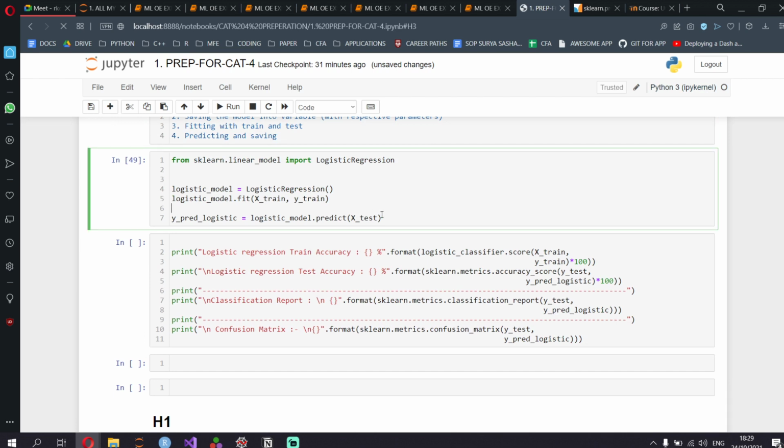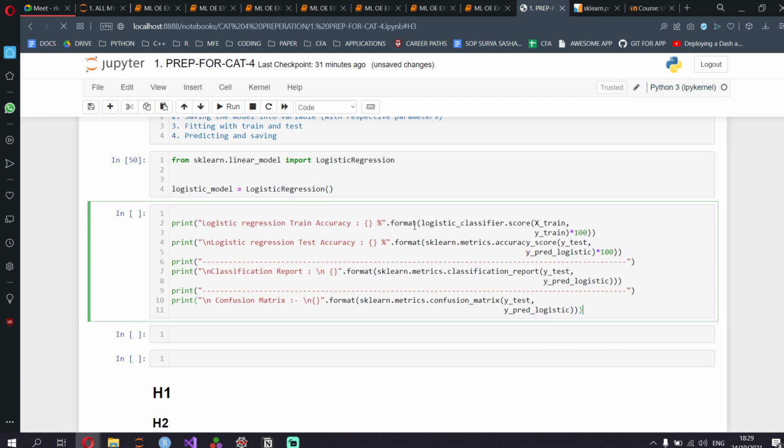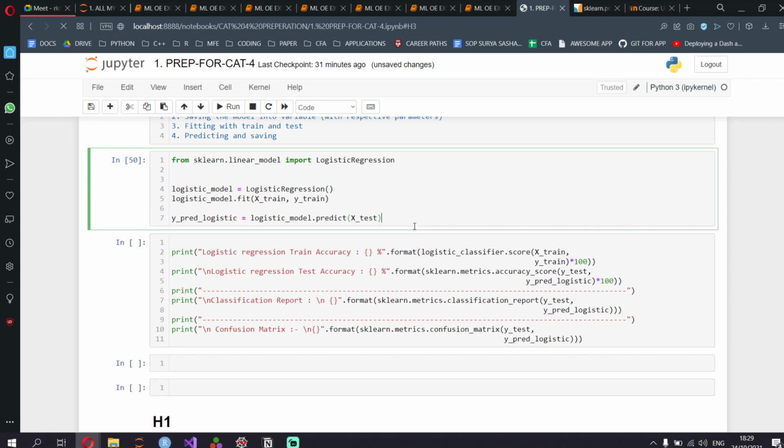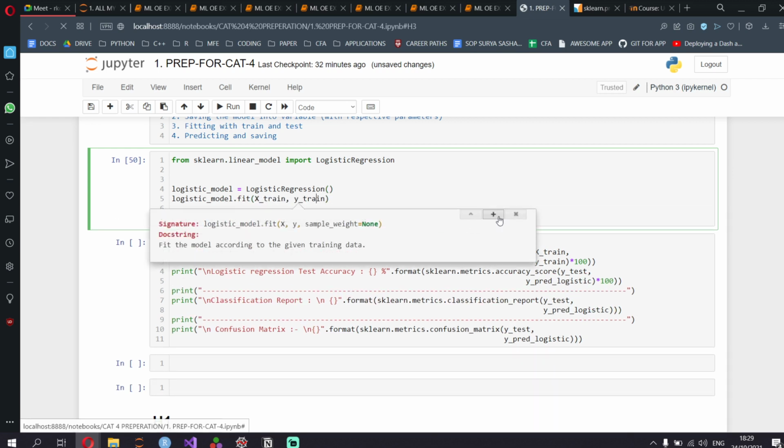Now, for dot predict, if you see logistic_model.fit itself, if I press shift tab for the fit function, it will show that you need to put x comma y. Sample weight you don't need to put for the logistic model right now. For none of them you need to put that sample weight thing. You can just put x comma y.